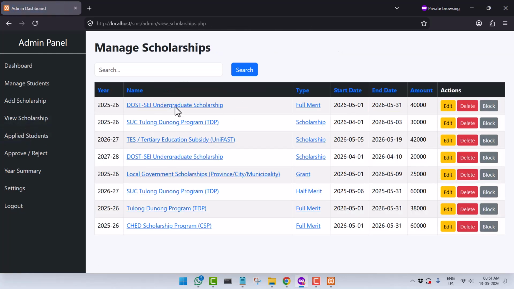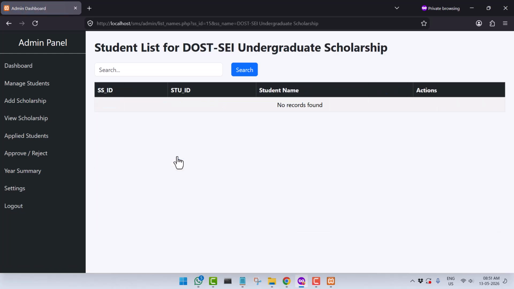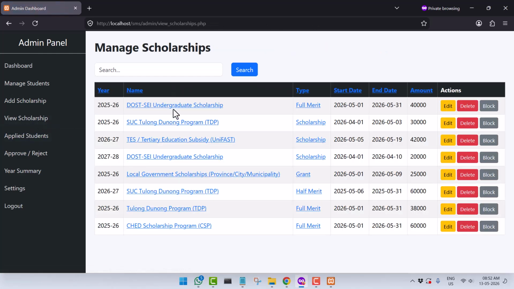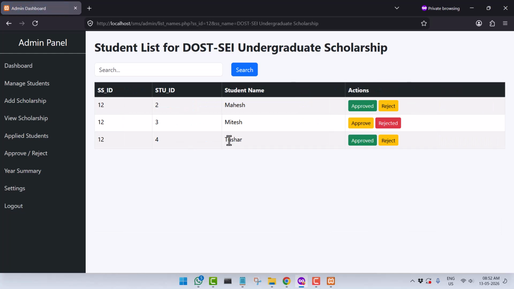The admin is also able to track in which scholarship a student has applied or how many students have applied for a particular scholarship. Fine. So suppose you want to see that in 2025-26, how many students have applied for this. In 27-28, how many students have applied for this. Fine. So you can simply see the result. As the students start applying, the list will grow. Fine. See here, the student 666 has not applied for